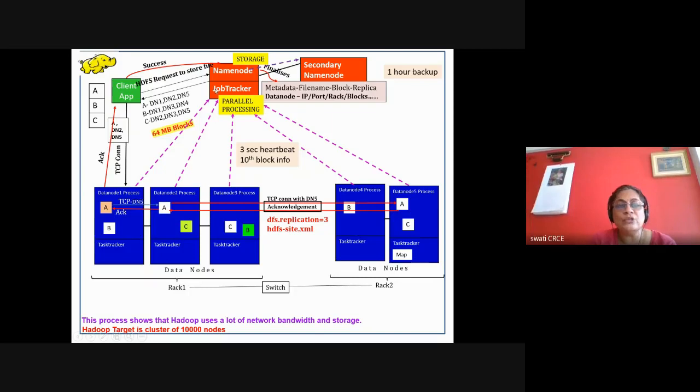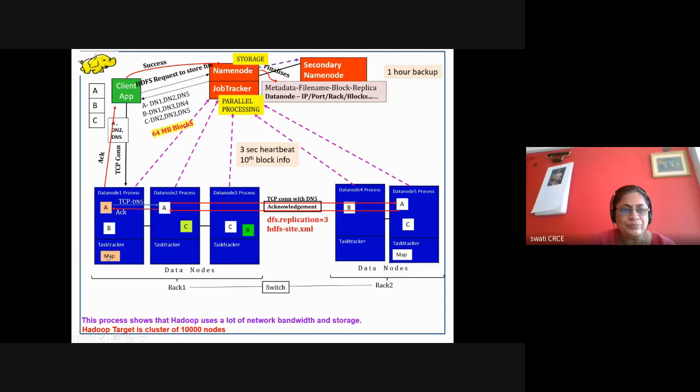This way, job tracker in consultation with name node will gather all the information and it will instruct the task tracker. Corresponding to the job tracker, there is something called a task tracker which resides on every data node. When the data node is started, the task tracker is also started. Data node 1 process is started on this machine and the task tracker process is also started. So job tracker will instruct the task tracker and send the task to it. It is saying that this is a map function, this is a computation or a program.